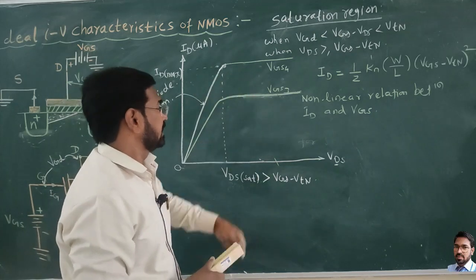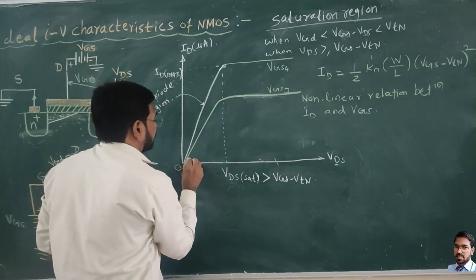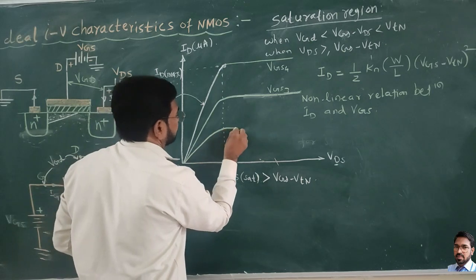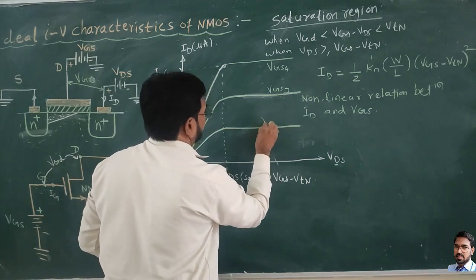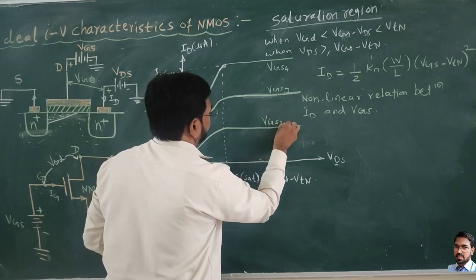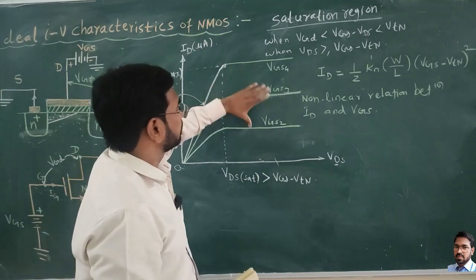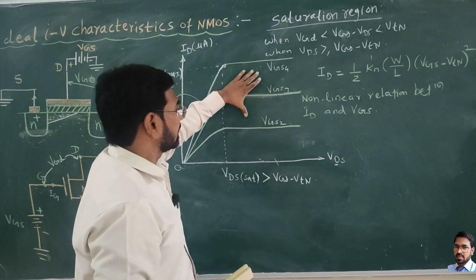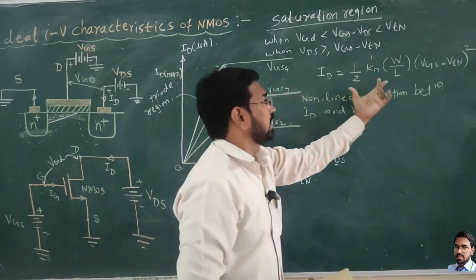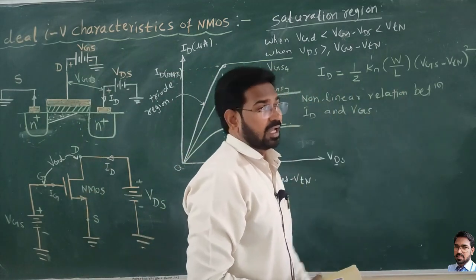So it is VGS3. If I change the gate voltage, one more gate voltage, I can get another curve, say VGS2. Now the drain current is changing according to the square law equation here, and